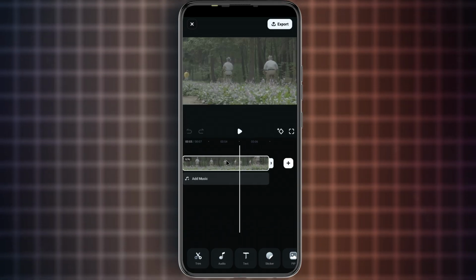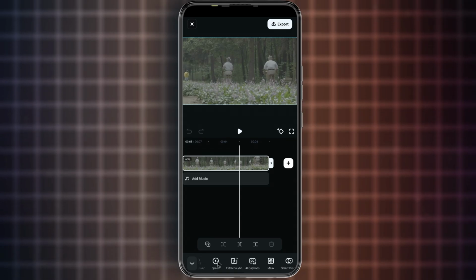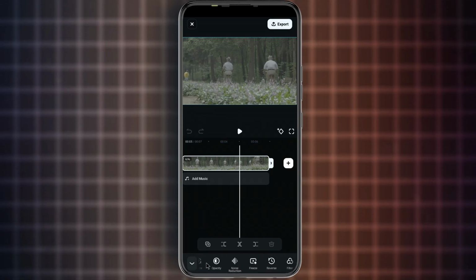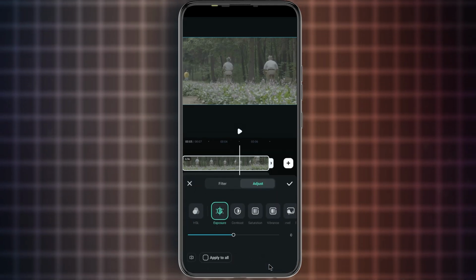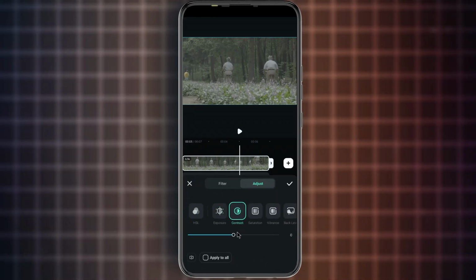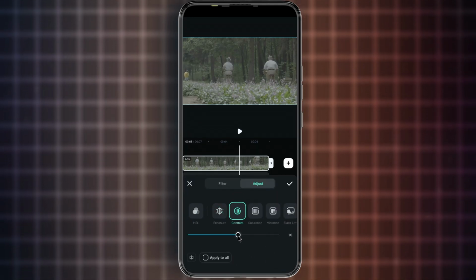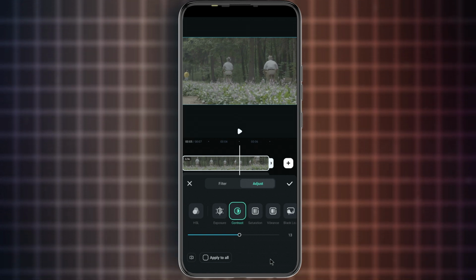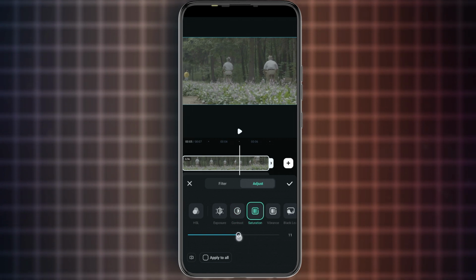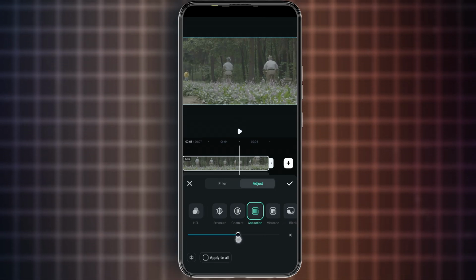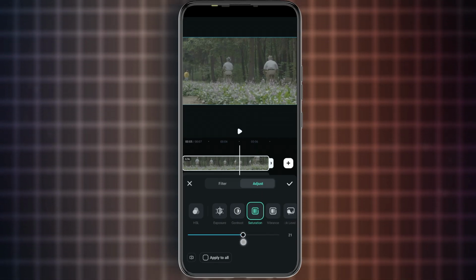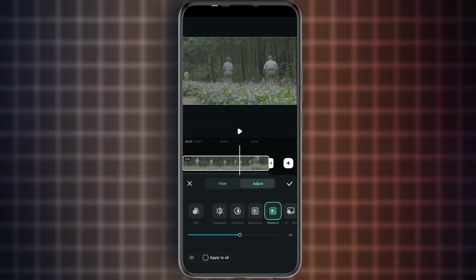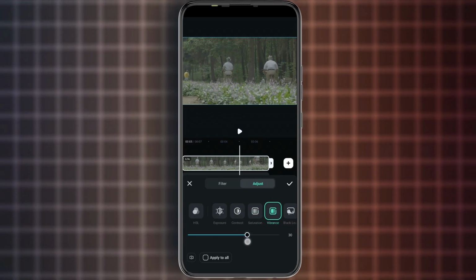Now, having your video selected right here in the timeline, scroll down here and then you will find this option right here, which is the adjust, and right here we have a couple of things that we need to fix. Starting off with the contrast right here, I will increase it to something between 10 and 14, and then after that I go to the saturation, increase it again because I need it to be a little bit more saturated, and then after that I go straight to the vibrance, do the same thing, I increase it,